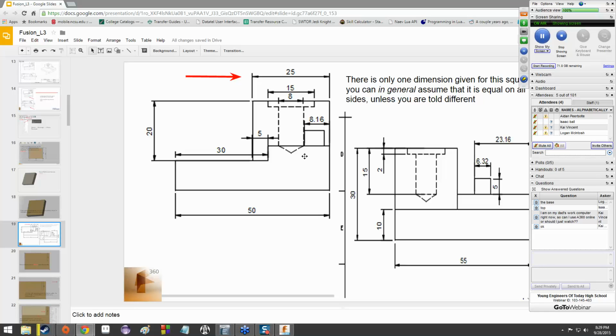You want to make sure that things aren't cluttered up by dimensions everywhere. So what you do is you spend time. There are shorthands which make things easier, and you spend time dimensioning the things that only need to be dimensioned, or measuring the things that only need to be measured. So, in the first instance, you'll notice that on this technical drawing, there is only the 25 measured here, and there is not a 25 measured here. Since we know this is part of the same bit of the object, because there's only one dimension, we can assume that both of these are going to be